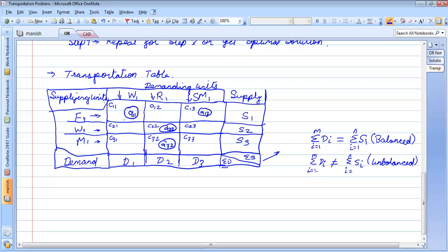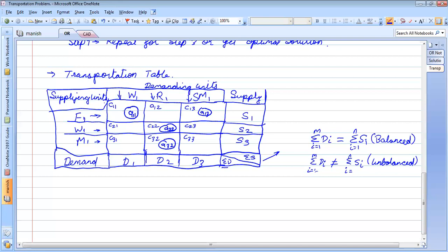Okay, what is an allocation? Allocation means that A11 quantity of product will move from F1 to W1. If there is a circle like this and some value A11 is written here, it indicates that from factory F1 we are going to transport the A11 quantity to warehouse 1.